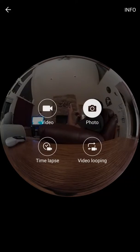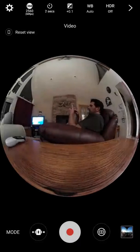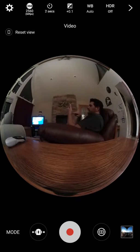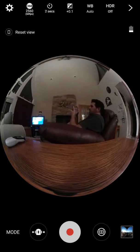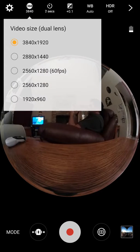If we go into video mode, you see we now have a record button, and we have some different options under the resolution. So if we look at that now, several different options, and we have the one option there to record at 60 frames per second. Now, one thing I'll note, I've been recording on the highest resolution,